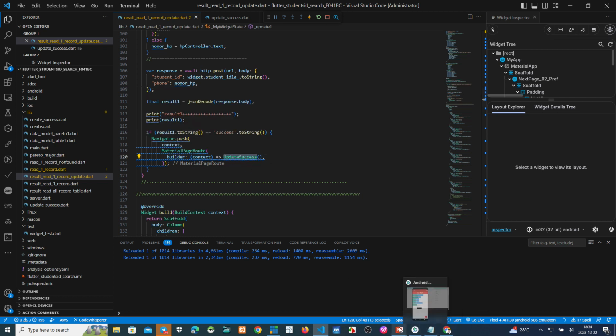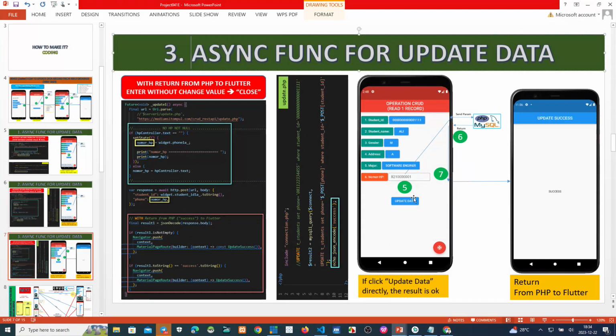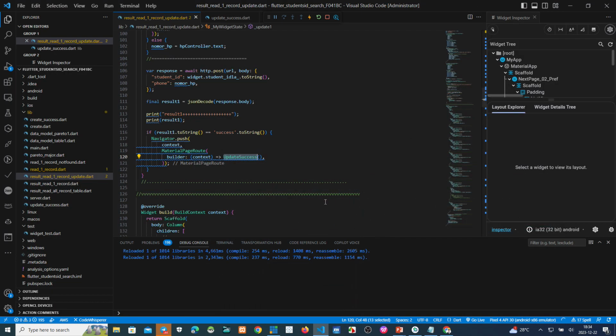Okay, it means if we receive success, so that is the information that updating this parameter has been successful. Okay, now we try to test the script, save.